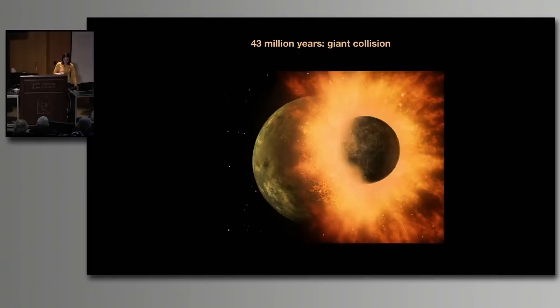So we think that 43 million years after the solar system formed, the young Earth collided with a planet the size of Mars, and out of the debris of that collision, the moon formed. And we can date that because we can date the rocks in the moon. And if you date them using hafnium-tungsten chronometry of the lunar magma, it tells you that they are very old. They formed only 43 million years after the sun formed.